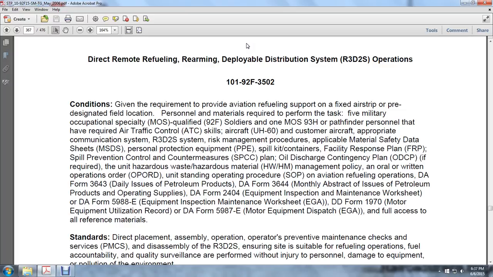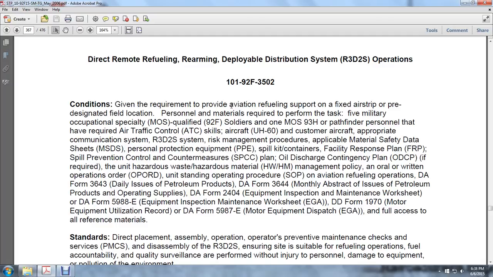Given the requirement to provide aviation refueling fuel support on fixed airstrips or pre-designated field locations, personnel and materials are required to perform the tasks of military occupational specialty 92F soldiers and MOS 93H pathfinder personnel that have required traffic control skills, aircraft such as the UH-60, appropriate communications, the R3D2 system, risk management procedures, applicable material safety data sheets, personal protective equipment, spill kit containers, facility response plan, spill prevention control and countermeasures, oil discharge contingency plan, and if required, a unit hazardous material management policy, and oral or written operation orders, unit standing operating procedures on aviation refueling